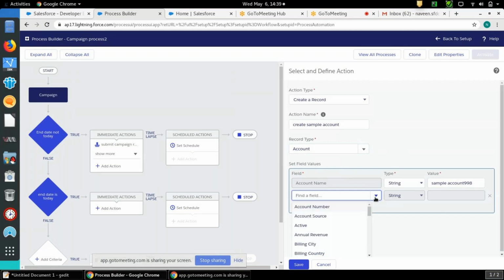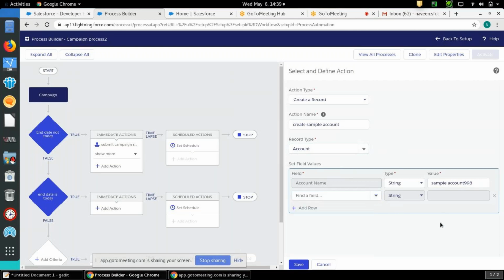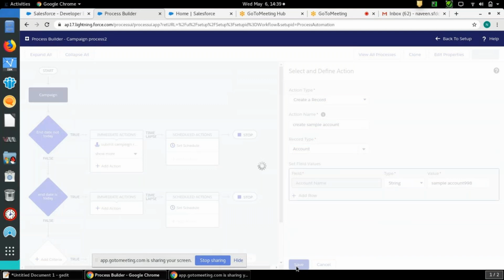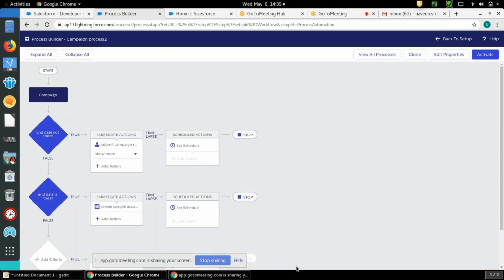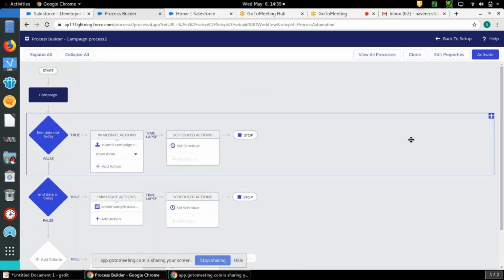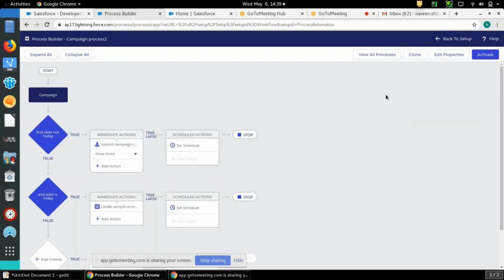Any other thing on that? Or else not required. So I'm deleting that and saving it. So I have created the action also. Once all the steps are done, you just need to activate the workflow or approval process.